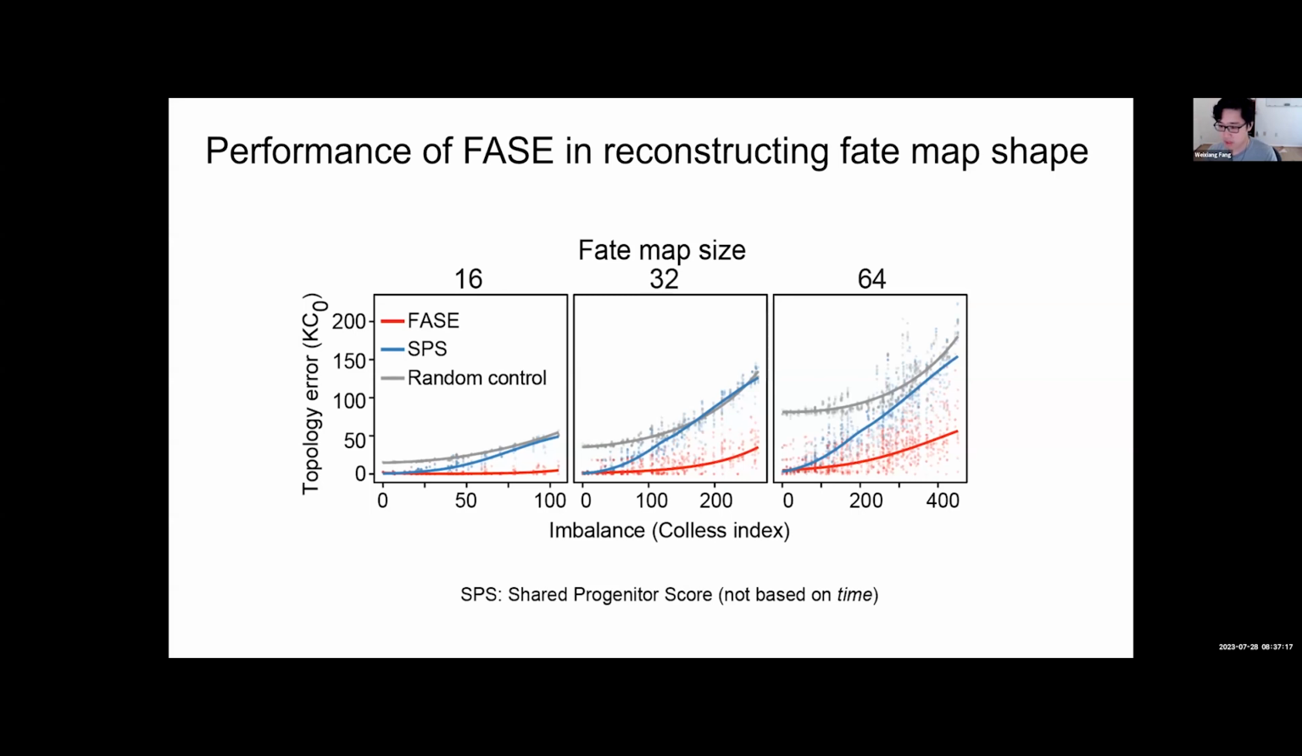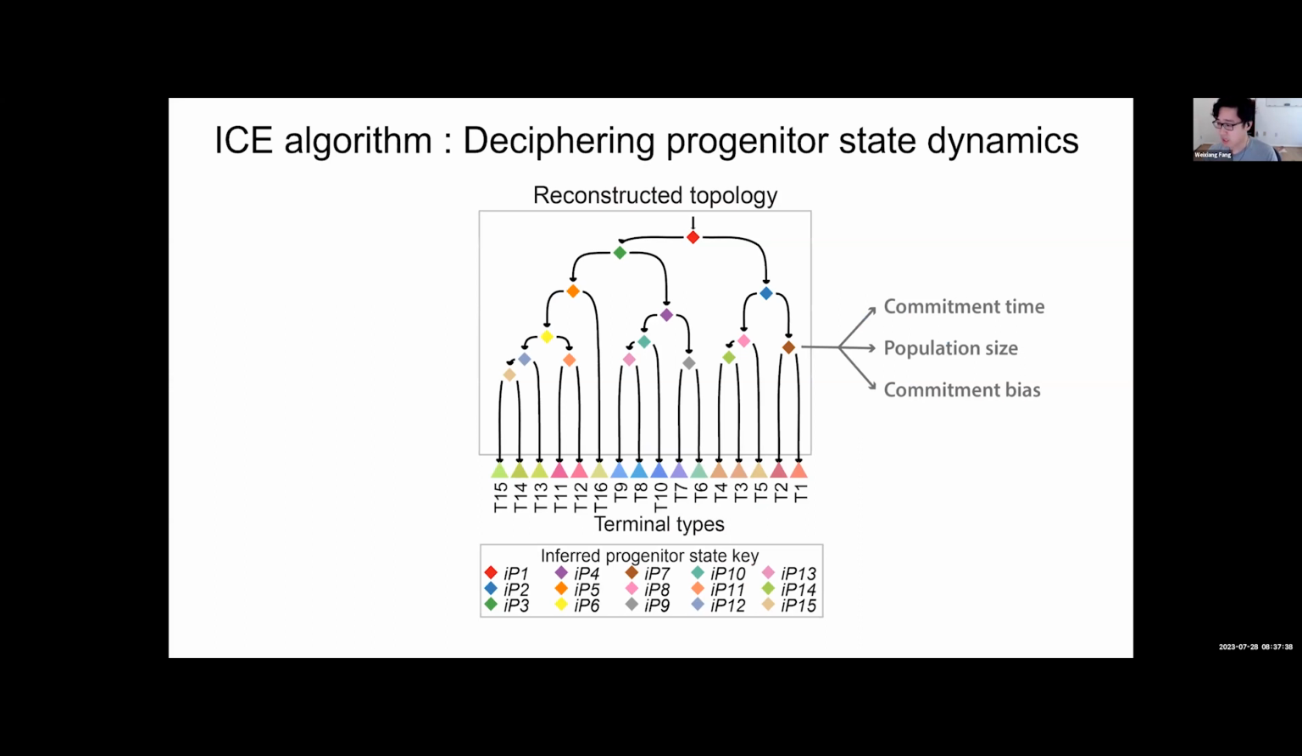So this figure here is showing the reconstruction error of our method compared to some previous methods. And on the x-axis, we're showing the imbalance of the topology. And our conclusion was that when the imbalance of the topology is high, there can be a bias that occurs with a traditional method. So to recap the last part, the result of topology inference is a series of bifurcations